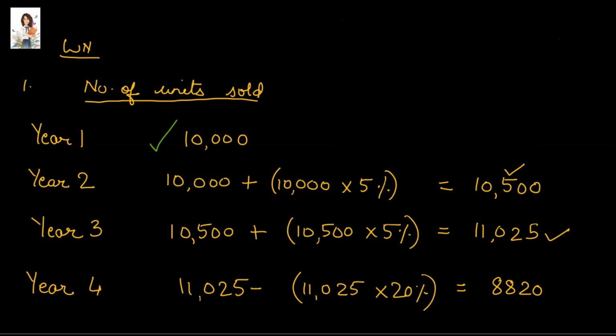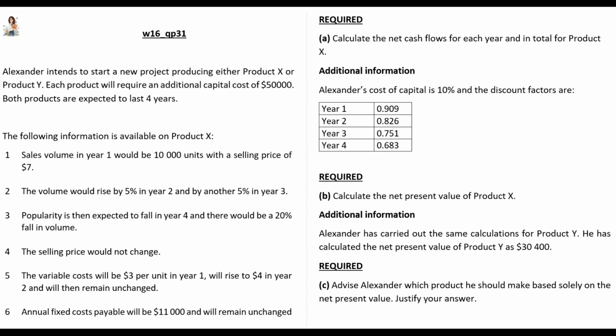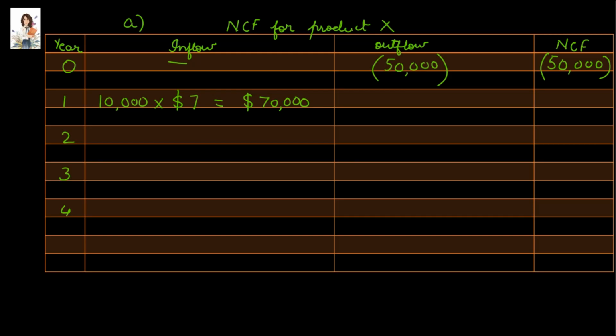In year 2, as per our working note, the number of units sold will be 10,500, and we have been told in point 4 that the selling price will not change. That means for years 1 to 4, the selling price will remain $7 per unit. Therefore, cash inflow for year 2 will be 10,500 units of sales multiplied by $7 selling price, that is